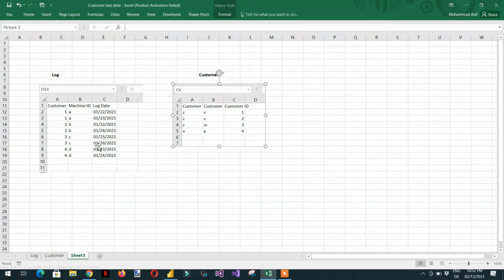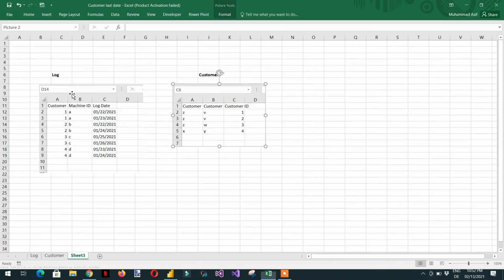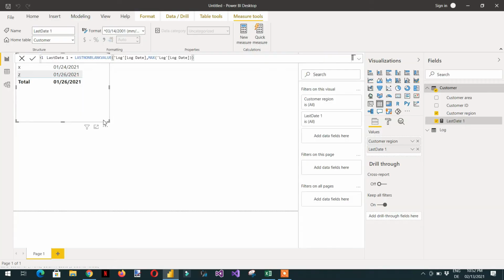We are getting the max date for customers 1 to 3, which is 26. That's why it is showing 26 here. But we need to get 23, the earliest last date. So this function will not work here. We need to write one more measure.